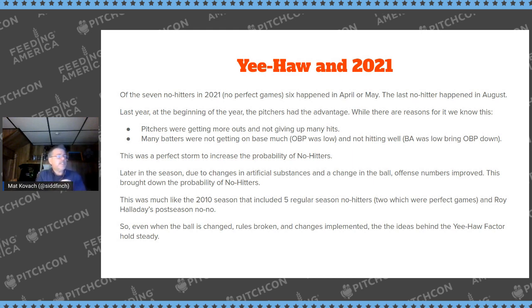And then suddenly in June, when they started making the pitchers strip for the umpires, and they started cracking down on spin rates, to try to get less of the sticky stuff happening on the batters. All of a sudden, when you do that, the offensive numbers went up, and our no-hitter tracks went down, which makes perfect sense. And it's one of those things that just logically you could think of. But now we have this model that we can use to do that.